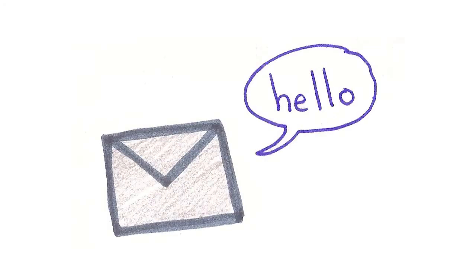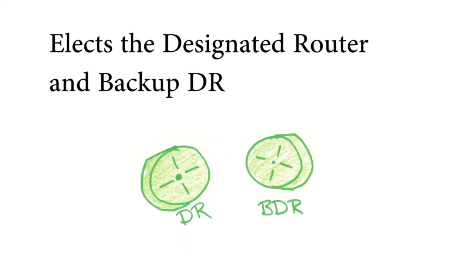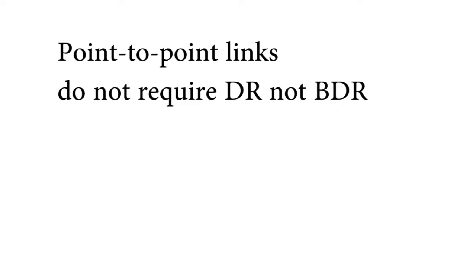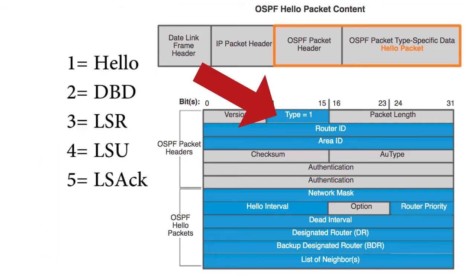The hello packet discovers OSPF neighbors and establishes neighbor adjacencies. It advertises parameters on which two routers must agree to become neighbors and elects the designated router and backup designated router on multi-access networks like Ethernet and frame relay. Point-to-point links do not require a DR or BDR. Some of the most important fields contained in the OSPF packets are the type, which identifies the type of the packet,